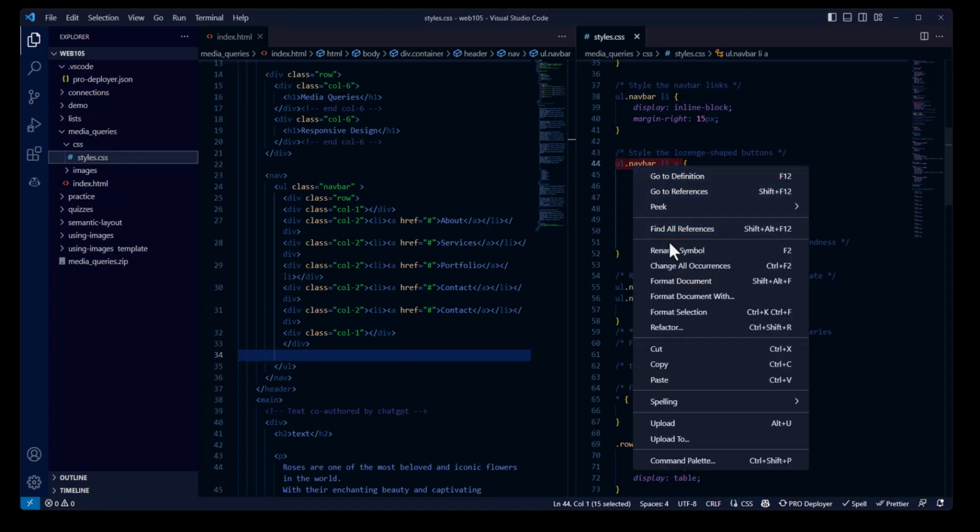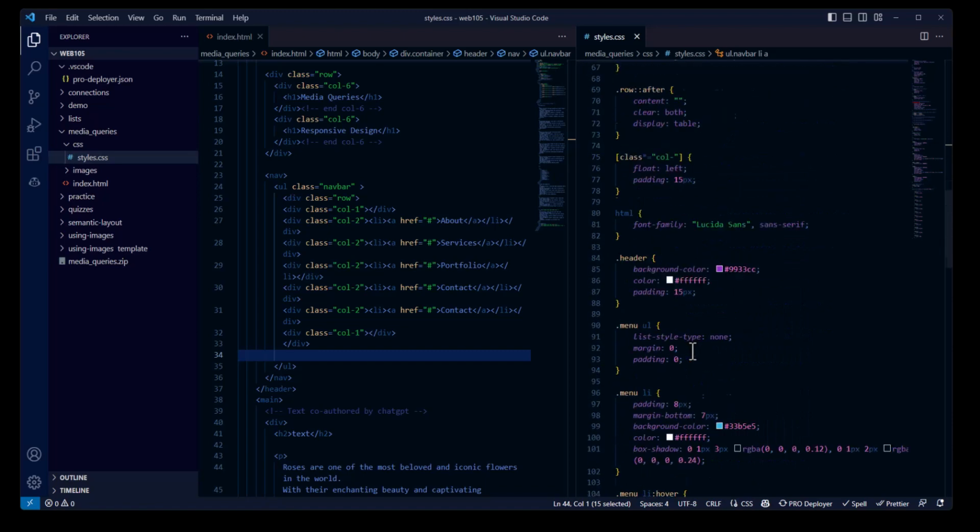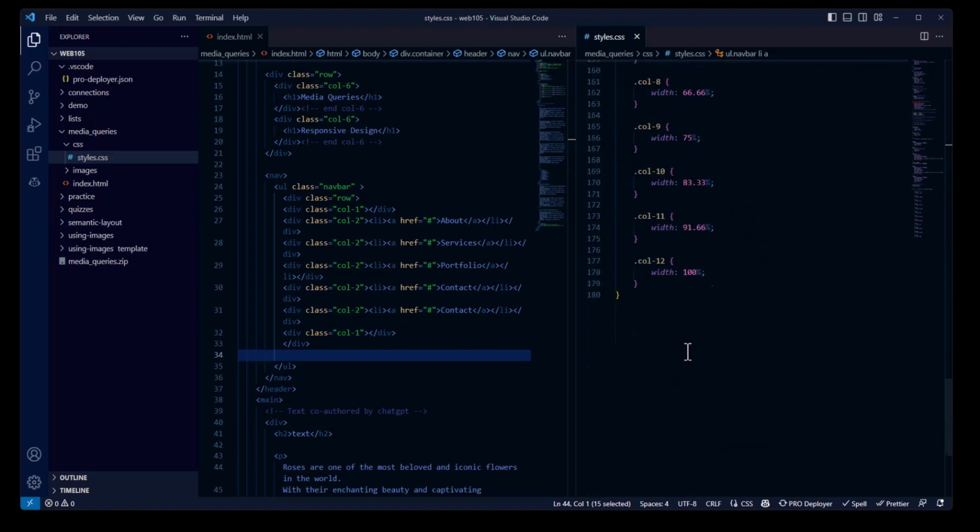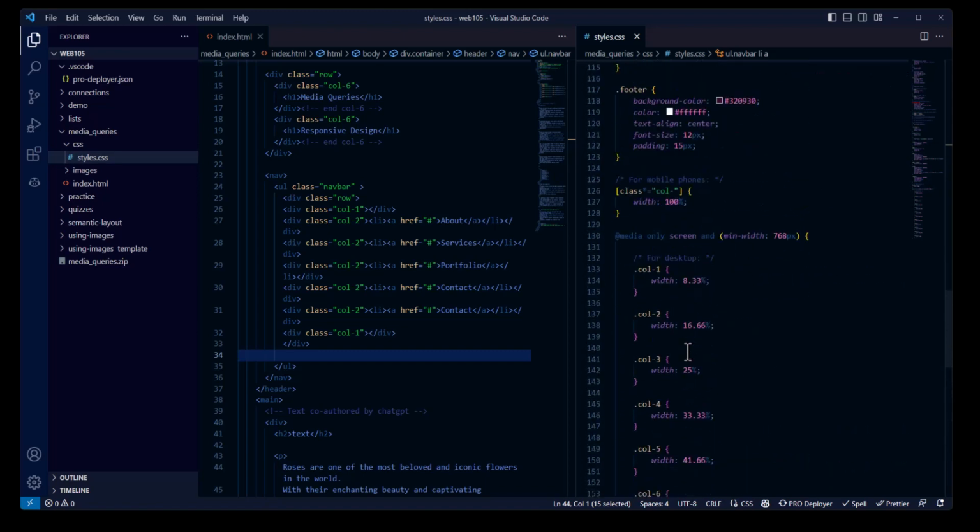So we're going to copy those, just that, and then when it's in this class here for mobile phones,